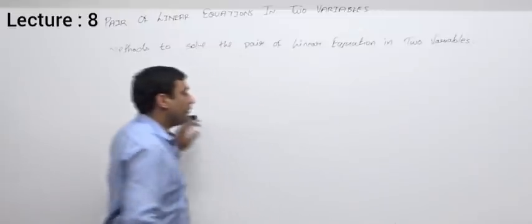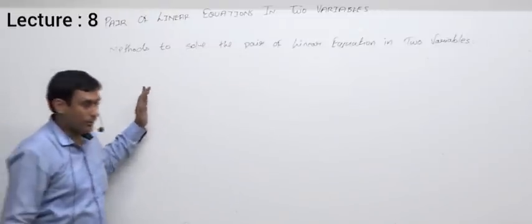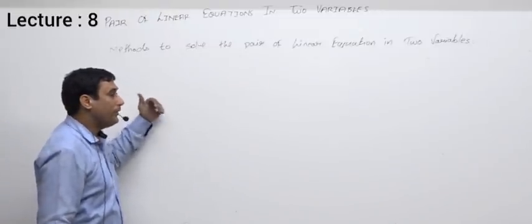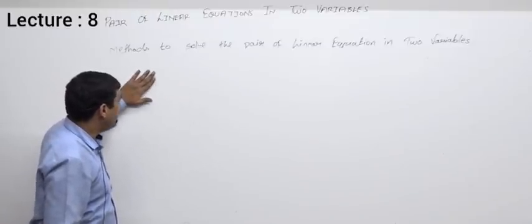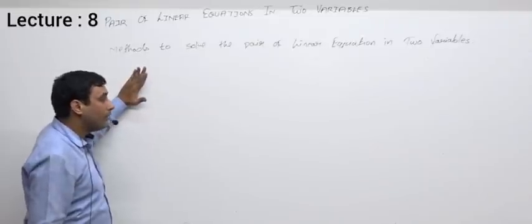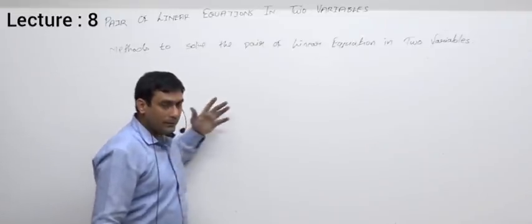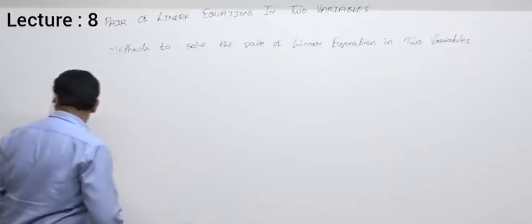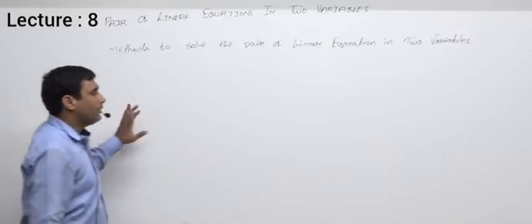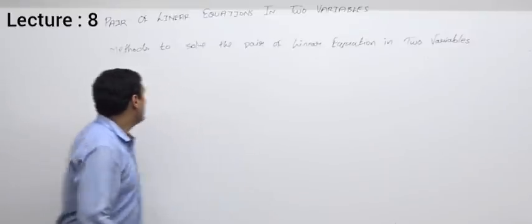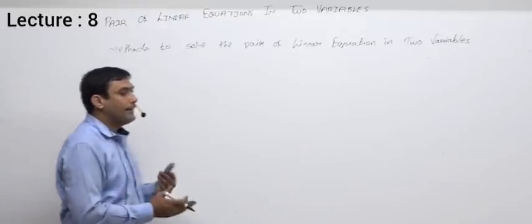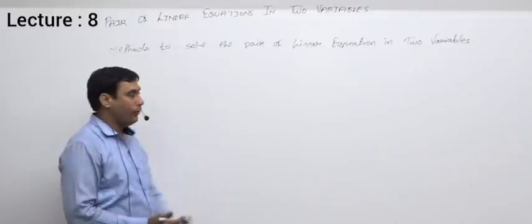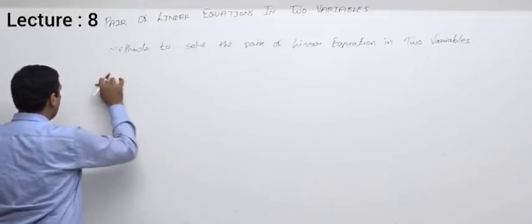So in the first question we saw the coefficients of the variables were 1. Then in the second question we saw the coefficients of the variables were 3, 4 and so on, that means real numbers, and although 1 is a real number, it is not like those. Now we'll see one more question in which the coefficient of the variable might be in rational form, that means p by q form.